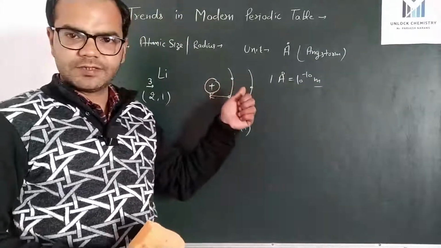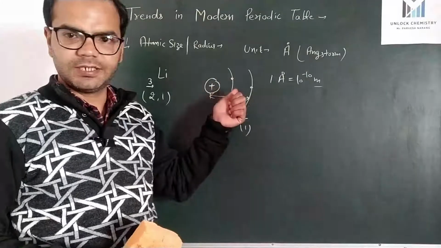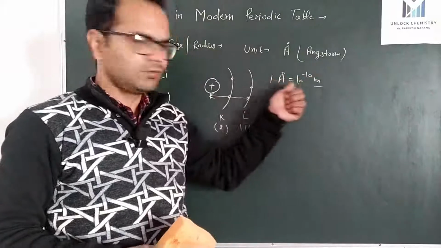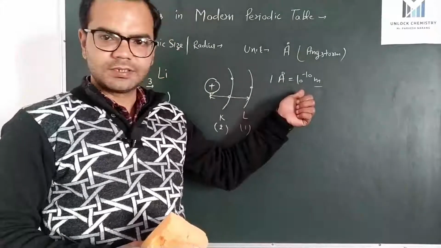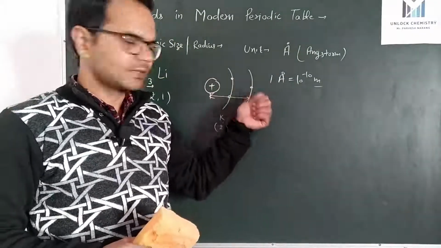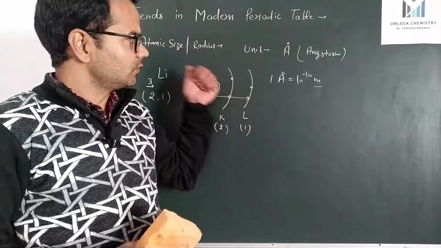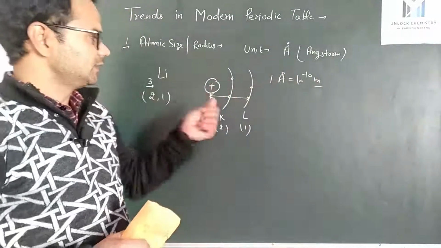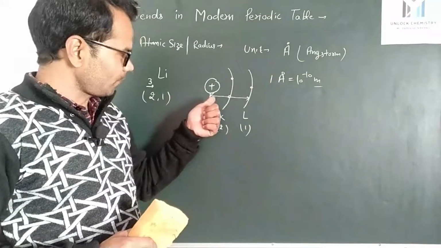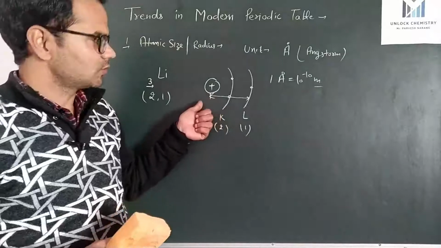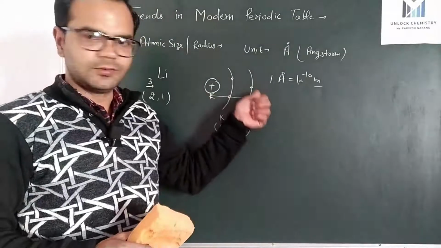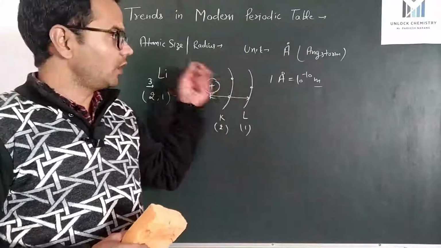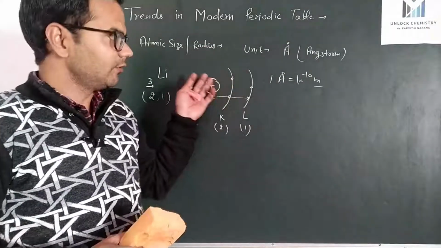As we know, atom is a very small object, we can't see it with naked eye, so its size is measured in angstrom, and 1 angstrom equal to 10 raised to power minus 10 meter. It is never measured in meter or centimeter or kilometer, so its unit is angstrom. So again, what is the atomic size? The distance from the center of nucleus to the outermost electron present in outermost shell of any atom is called atomic size. Now how does atomic size vary in a period or in a group?